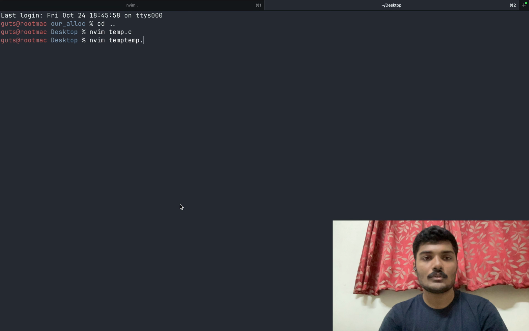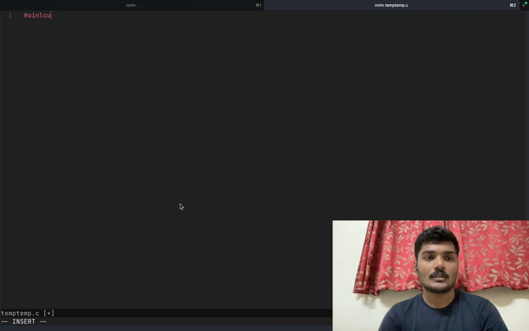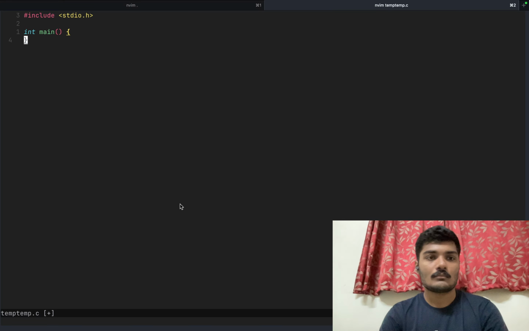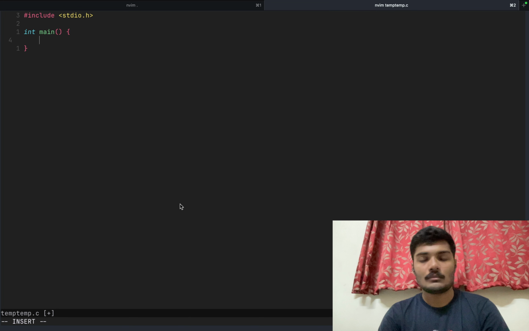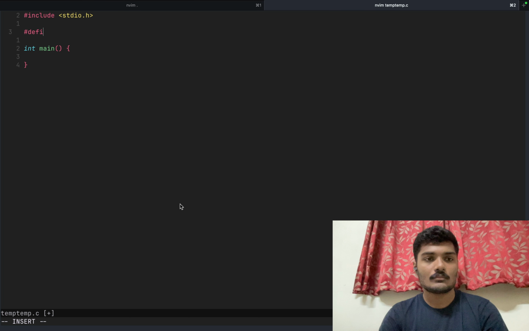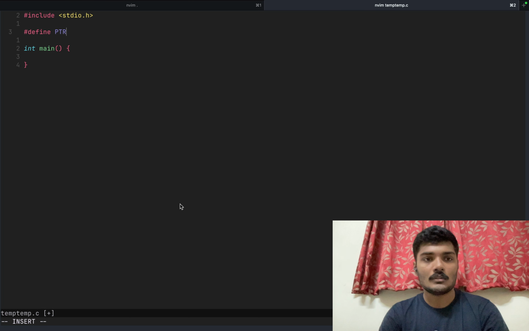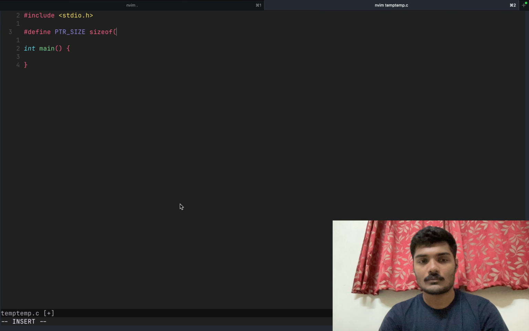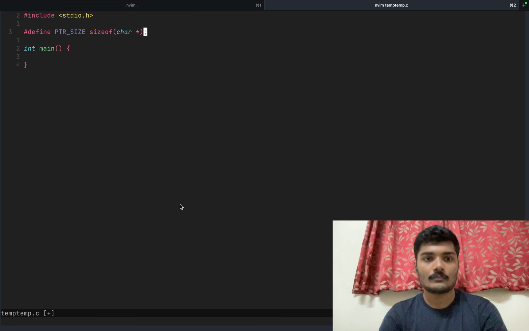So temp.c, hashtag include stdio, int main. We have to define values, right? So we define pointer size, size of char pointer,